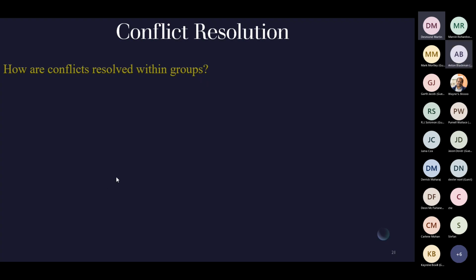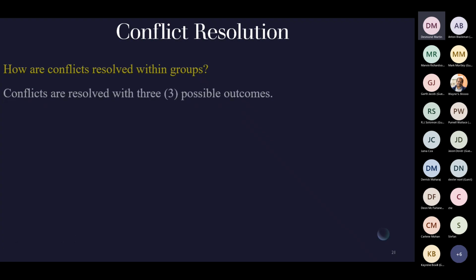Yeah, Martin. Based on the earlier presentation, we talked about right versus right. For me, I think conflict is resolved by just having an awareness of your own personal biases and your own stereotypes. And I think by putting everything on the table, we should be able to resolve conflict. Right. Nice, great.